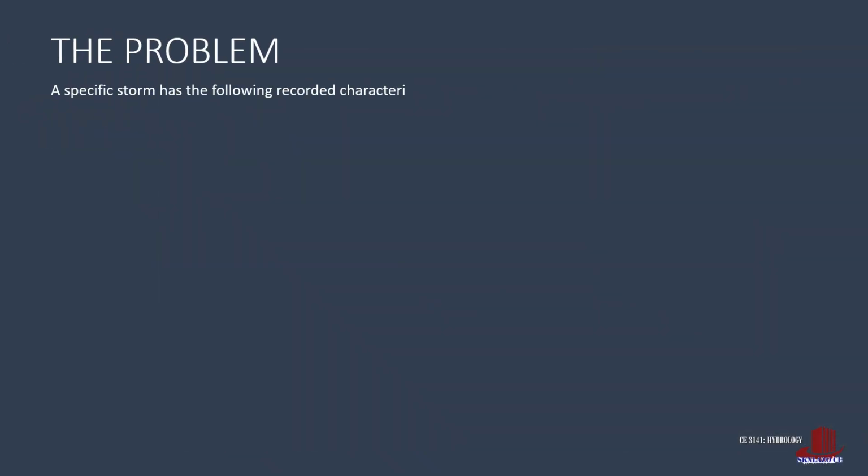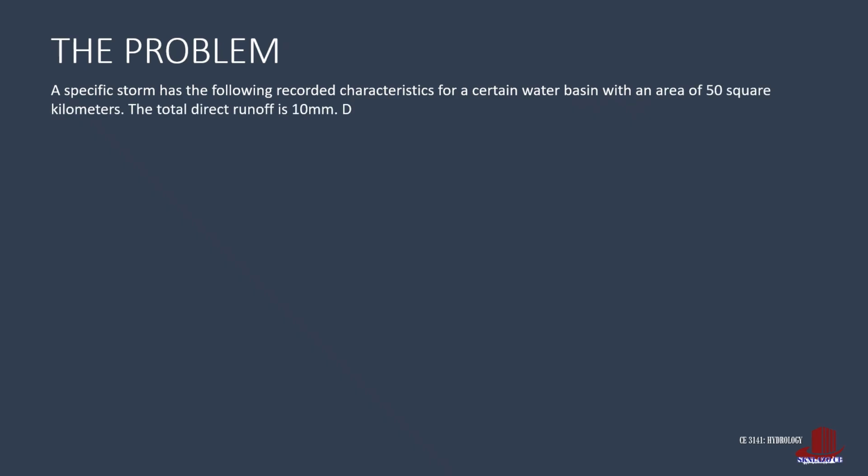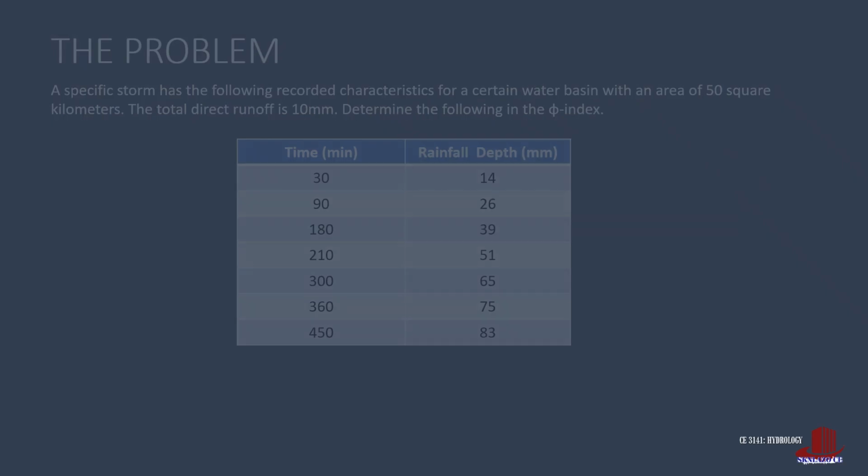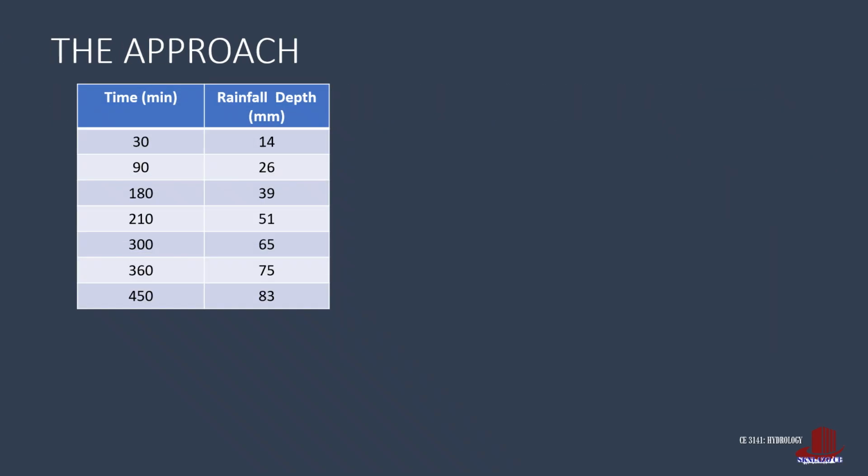The next problem for Phi index contains a record for time in minutes and rainfall depth in millimeters. The basin has an area of 50 square kilometers with a recorded total direct runoff of 10 mm. So to answer the question on when to end the iteration, what we have is the record of time and